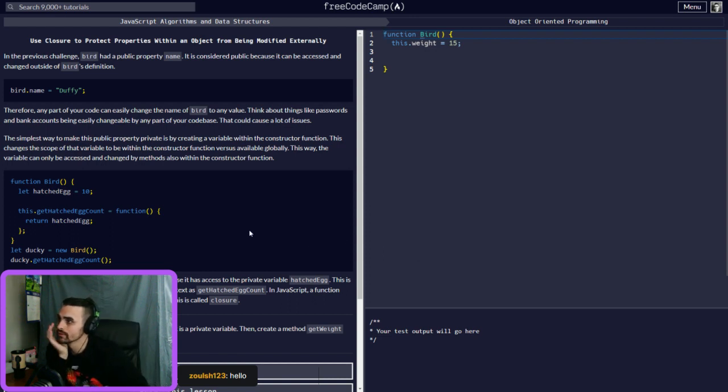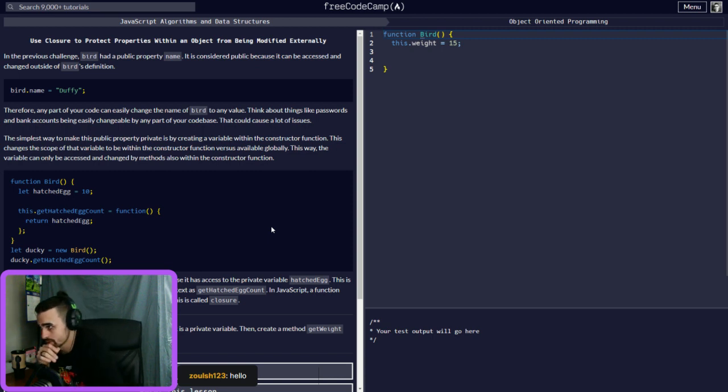Okay. So in the previous chapter, bird had a public property name. It is considered public because it can be accessed and changed outside a bird's definition, right? So therefore, any part of your code can easily change the name of bird to any value. Think about things like passwords and bank accounts being easily changeable by any part of your code base.